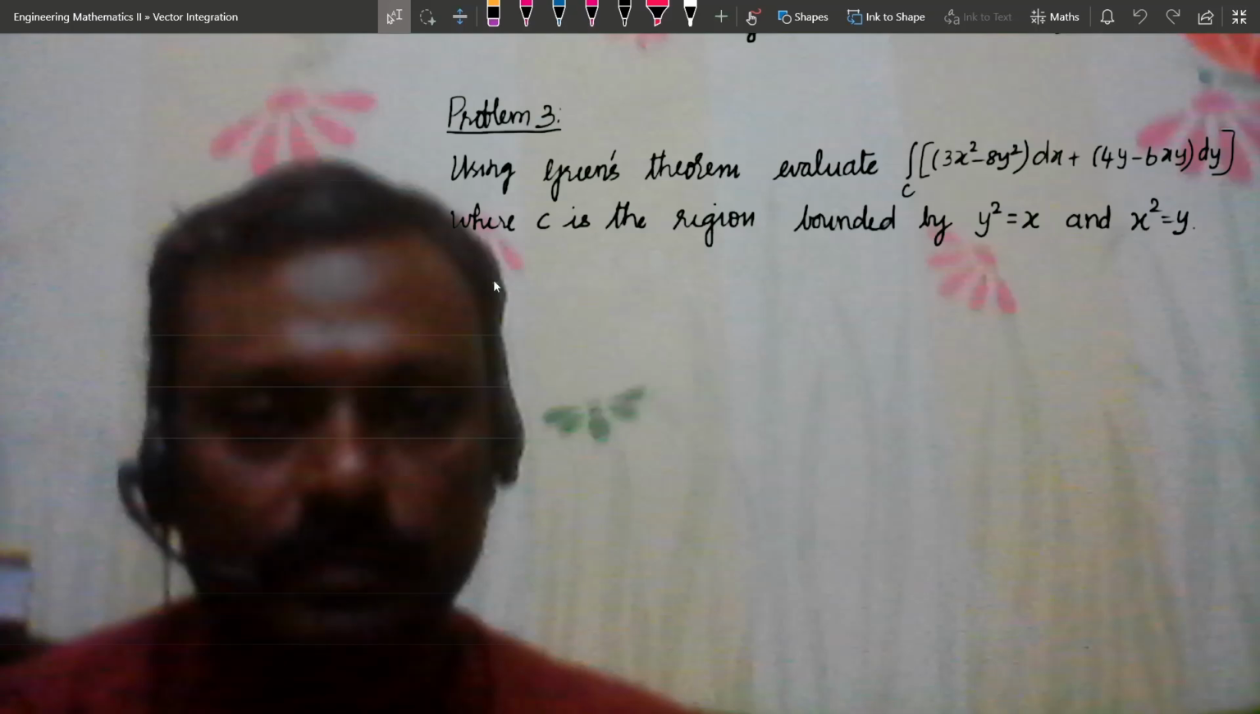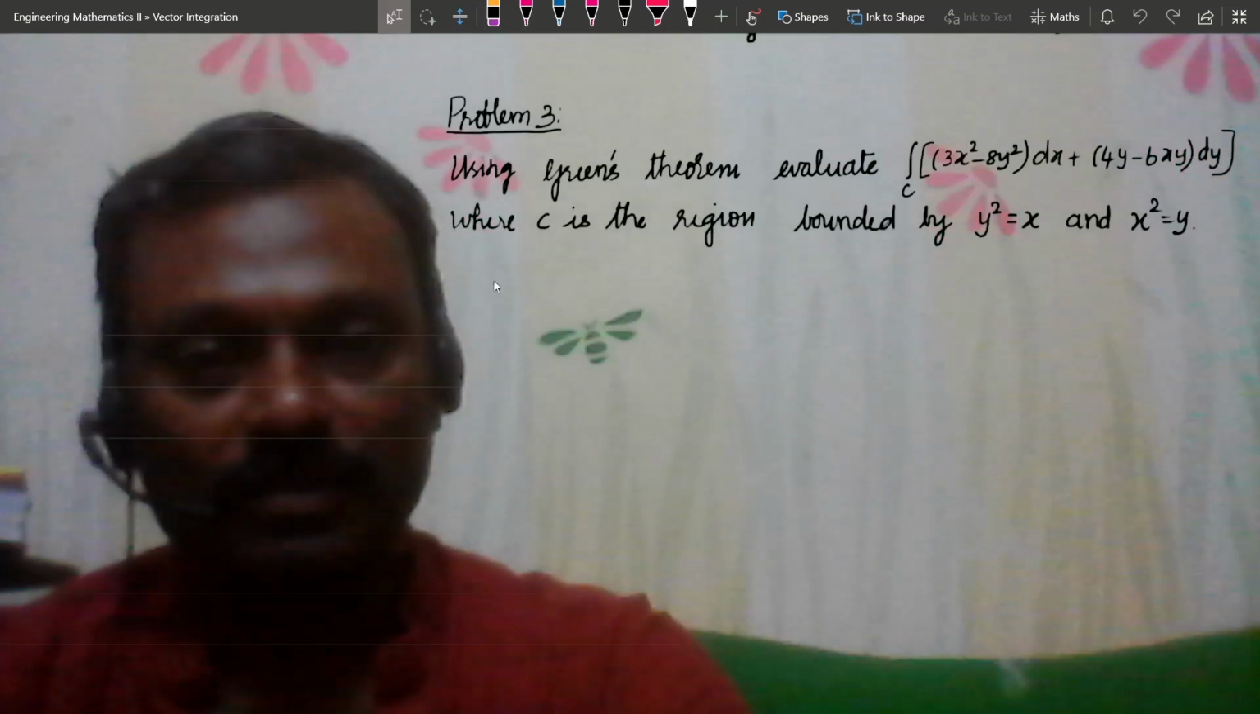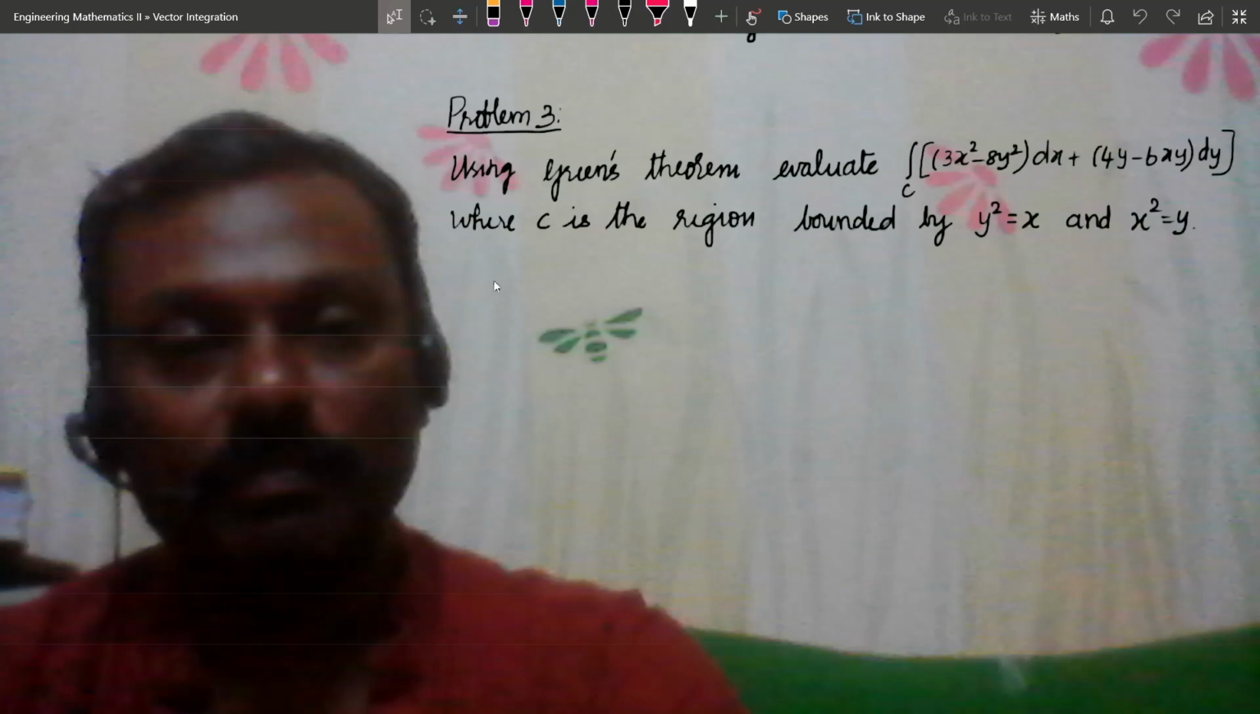This problem is different from the earlier problems we have discussed in two aspects. The first one is that the previous two problems were on verifying Green's theorem, so we had to evaluate both the left hand side and right hand side to verify it. But this problem is to evaluate the given single integral